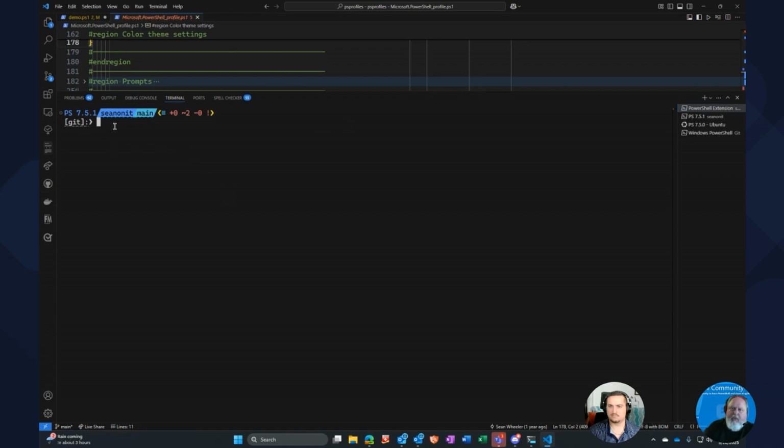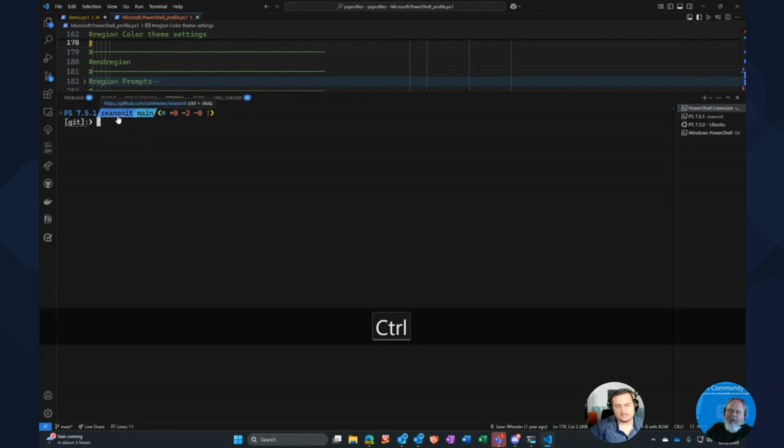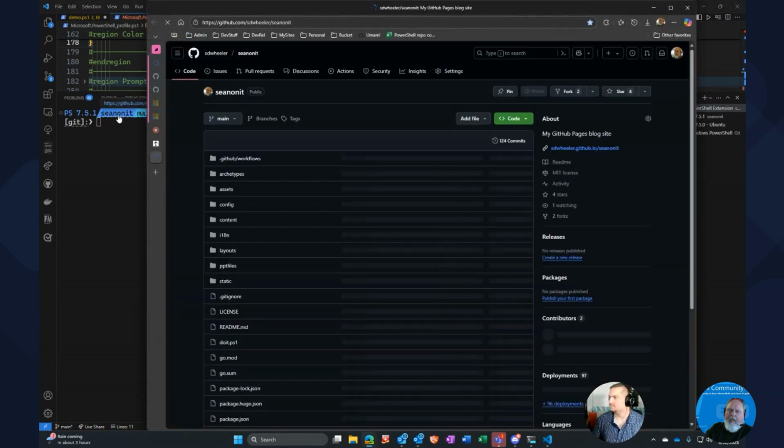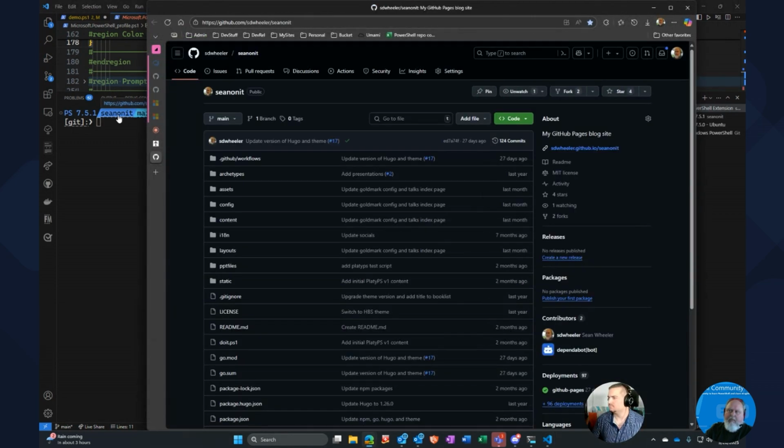What my prompt is showing you is I'm using the features of PoshGit to get the same Git information. But I also have here the name of the repository as well as the branch name. And I'm decorating different elements here. If I hover, it's showing a URL. If I do control click,